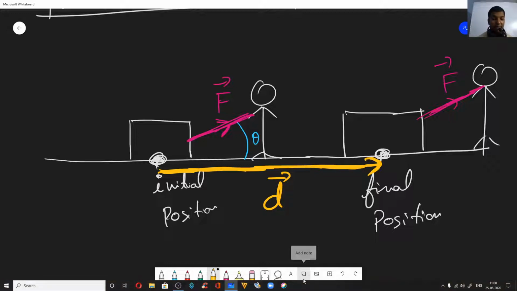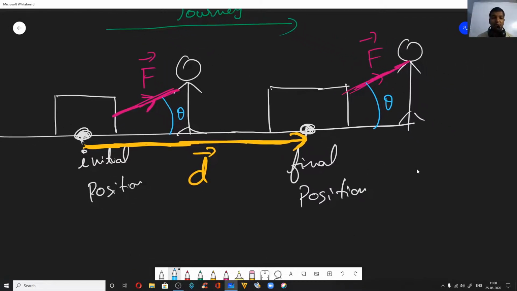Now again, the angle throughout the journey. So the journey happened this way, from here to here. This was the journey. The angle between the force and the ground level did not change, right? You can also take it as, see, what is the direction of your displacement now? Initial point was on the ground, final point was also on the ground, right? So if you draw a straight line from initial point to final point, obviously you can see that the displacement vector is actually parallel to the ground.